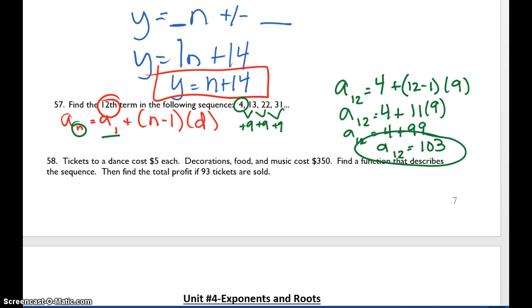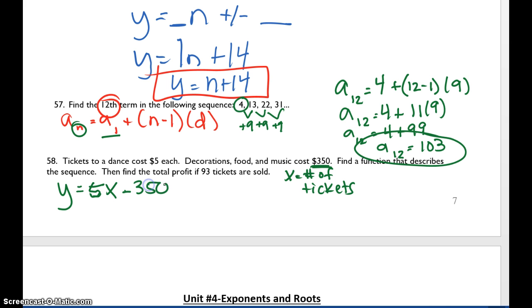Last but not least on this page, tickets to a dance cost $5 each. Decorations, food, and music cost $350. Find a function that describes this sequence and the total profit, then find the total profit if 93 tickets are sold. So first, we want to find a function. So we, again, know it should be y equals. Now, tickets cost $5 each. So $5, and then I'm just going to call x the number of tickets, since we don't know how many tickets, and that can vary. So it's 5 times however many tickets, and now we're going to subtract, we're going to say minus 350,